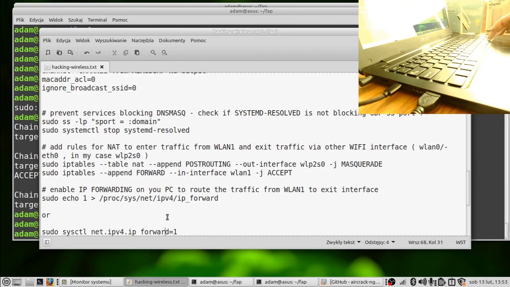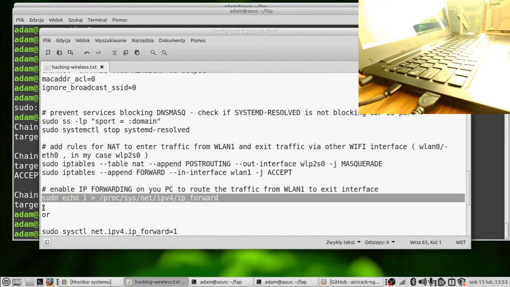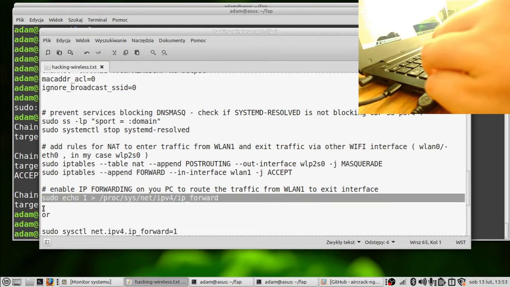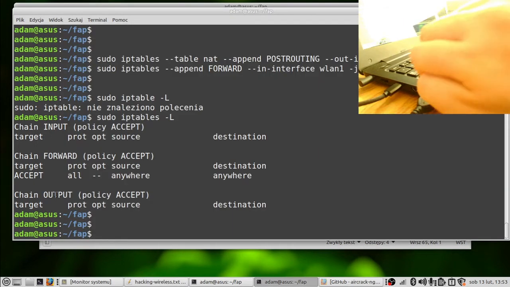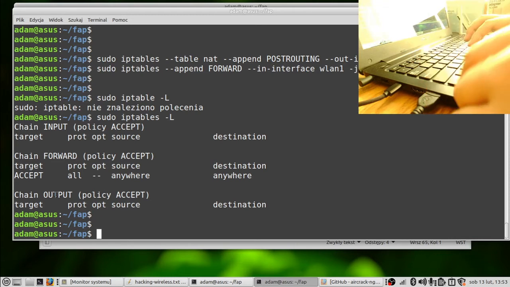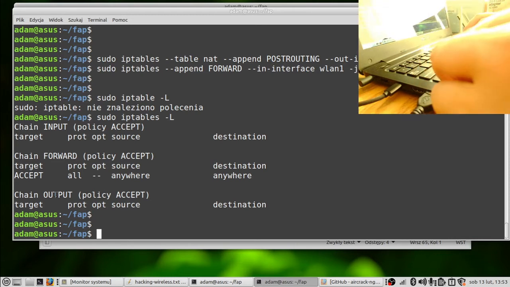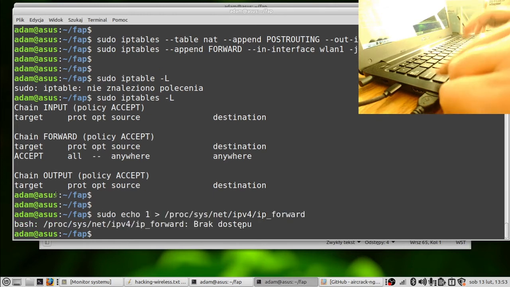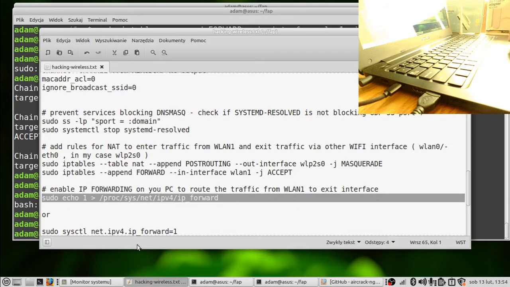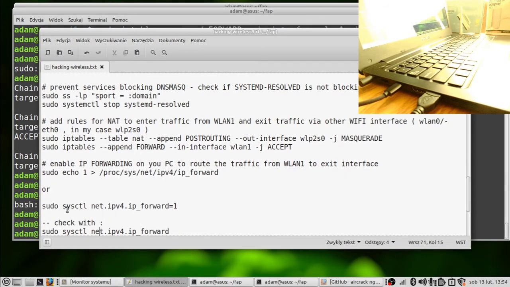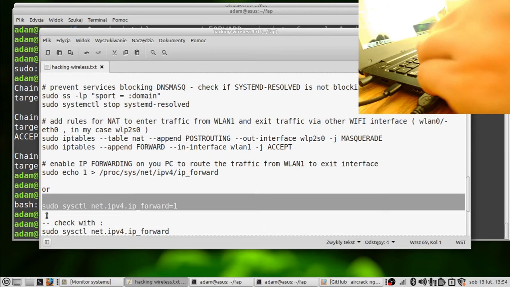And one other thing is we need to enable IP forwarding. So the PC will get the traffic from one wireless interface and pass it to the other wireless interface. In our case, we'll get the traffic from the USB Wi-Fi and pass it through the internal Wi-Fi to the internet. Okay, if you're getting output like no access to the internal configuration, then the command should be like this to enable packet forwarding.